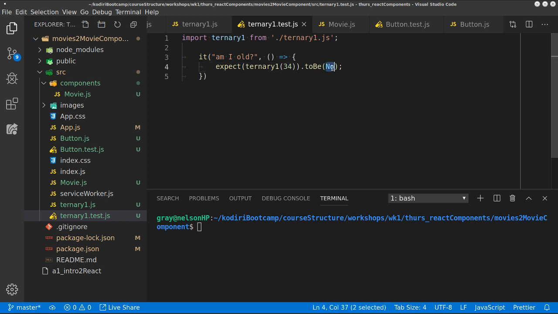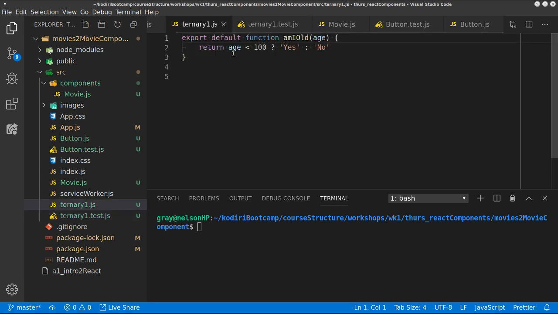No as a string. Yeah, so that's the easiest way to write a test for a simple function. Now imagining that we didn't have that code,